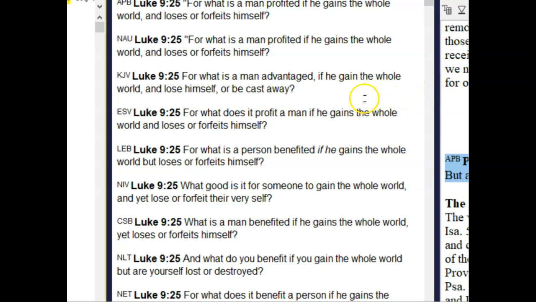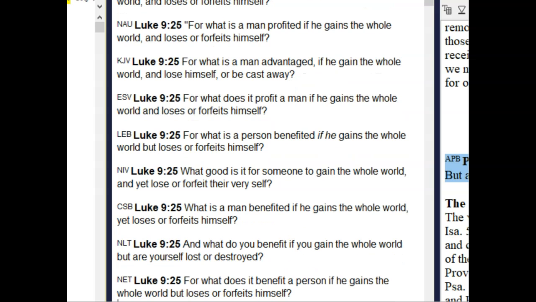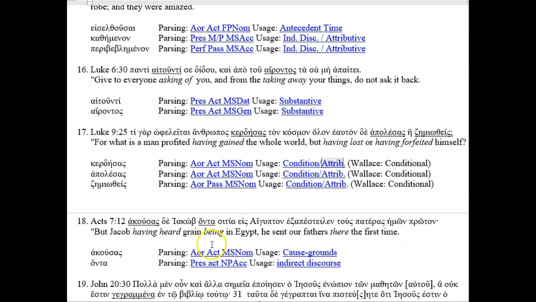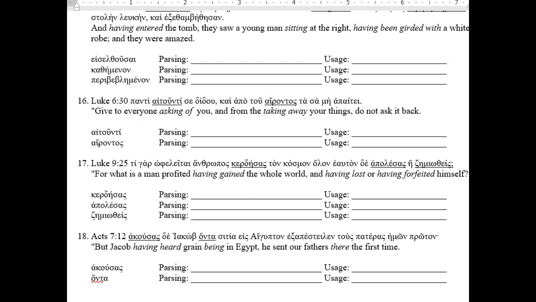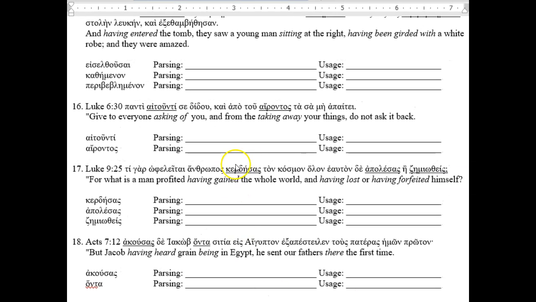And if we take a look at our English translations, the NASB, the King James, the ESV, the Lexham English, the Christian Standard, New Living Translation, and even the NET Bible, all go with the conditional understanding. So, coming back to that use, even though the participles agree in gender, number, case, and determination with the word anthropos, they can also be read as